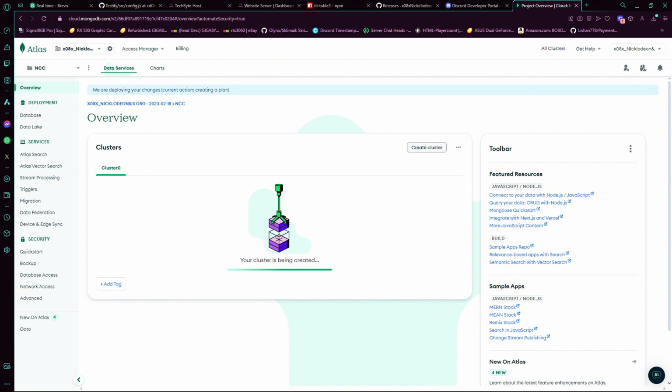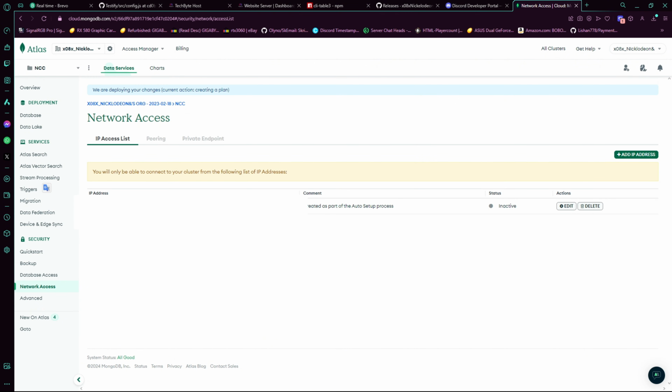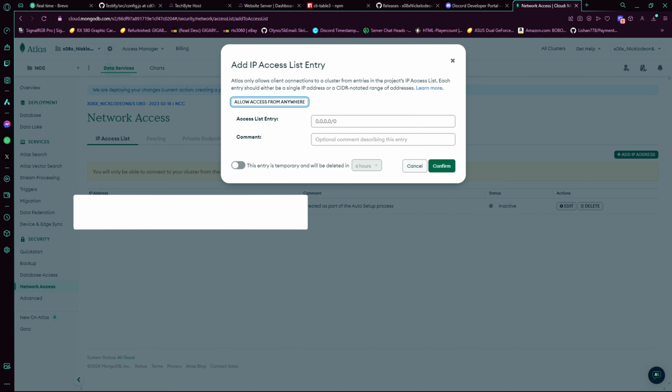But while that provisions and gets created, go over here to database access. Make sure you have an admin account, just in case you skipped past that for some reason or turned it off. Then you go down here to network access. I'll have this blurred out in the video, but you go over here to add IP address, access from anywhere,